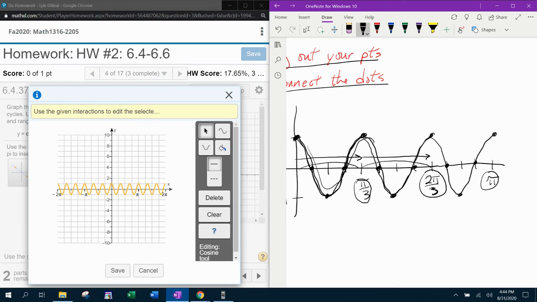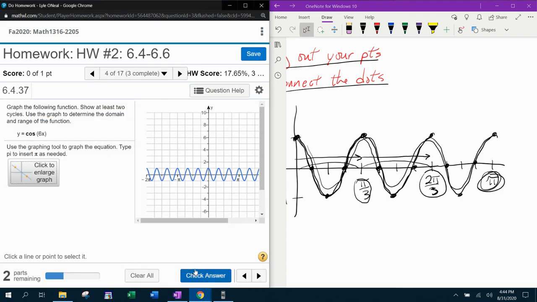So we need to make 1, 2, 3 complete cycles in a distance of pi. And if you look real close over here, you're going to see that it makes 1, 2, 3 complete cycles by the time it gets to the pi symbol, okay? So I feel good about that. We're going to click save. And before I click check, I'm going to pull up